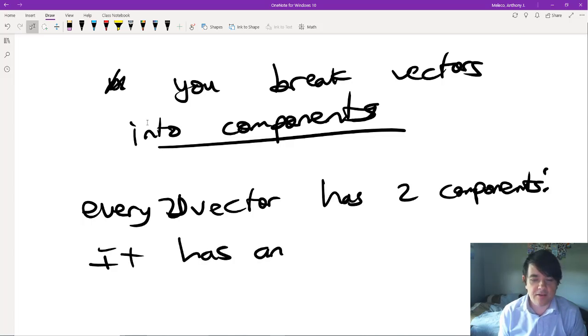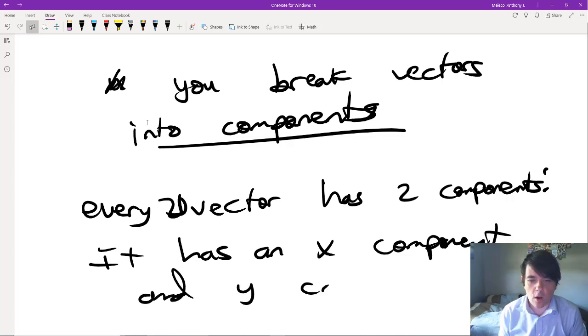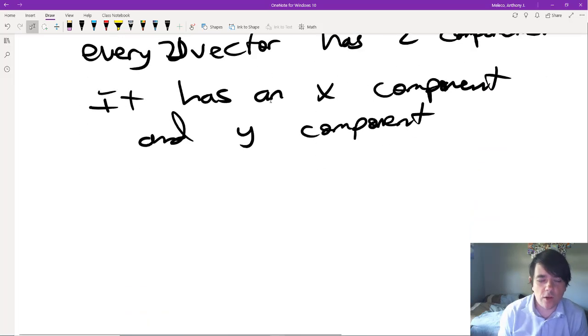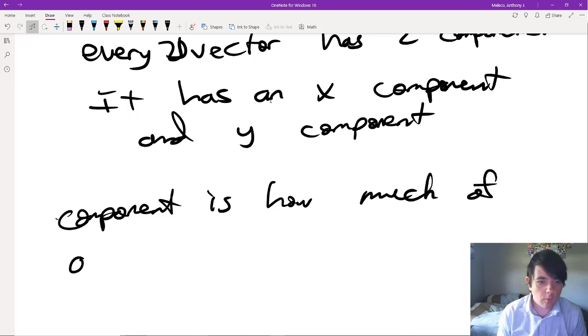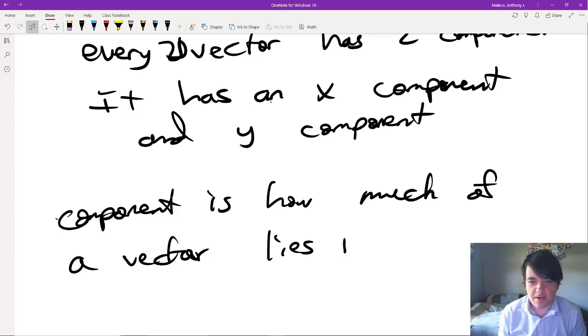It has an x component and a y component. Now, what is a component? Well, a component is how much of a vector